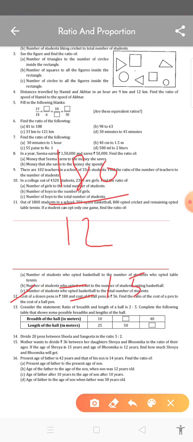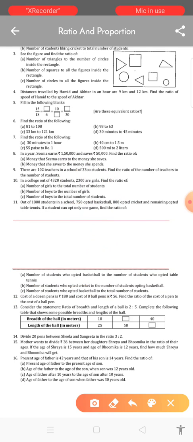So what is the ratio of 1 pen and 1 ball pen? Here you can see we found the cost of 1 pen is 15 rupees and the cost of 1 ball pen is 7 rupees. This becomes our ratio. Let's see how to solve it in a proper manner.